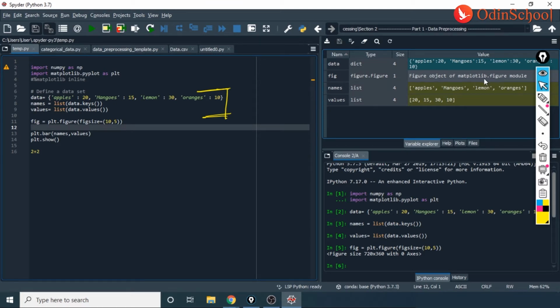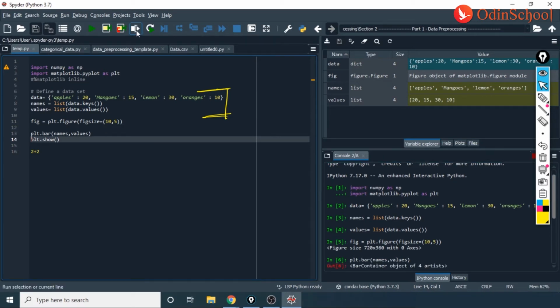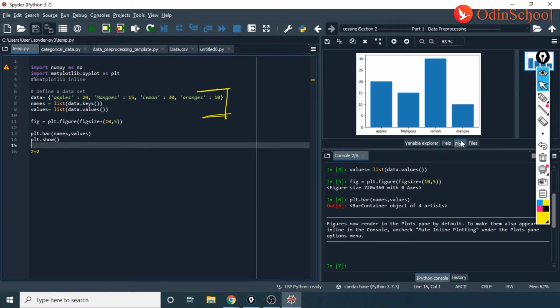It's a figure object of the matplotlib module. Now my next line, and let us just go to the plots menu, and that's exactly what the system is trying to tell us, guys. This is not an error.